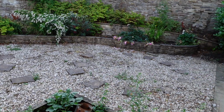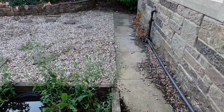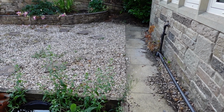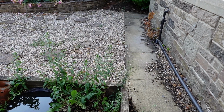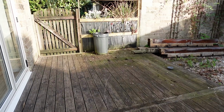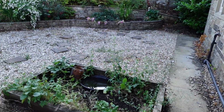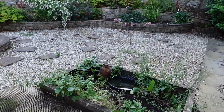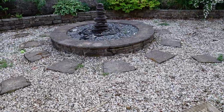But back over to this section, you can see we've got concrete as well. This runs as a path all the way around the sides of the house, front and back. We're having all of this taken up, and we'll have a patio area that runs from where the fence is there all the way across the back of the house. So we've got one big long patio, and it's going to go 4 metres out from the back of the house, so it will end, I'll show you,